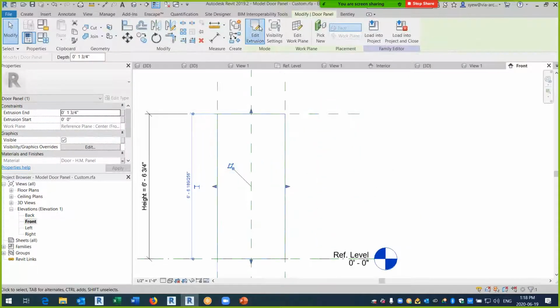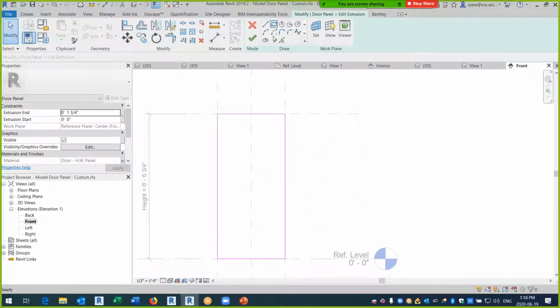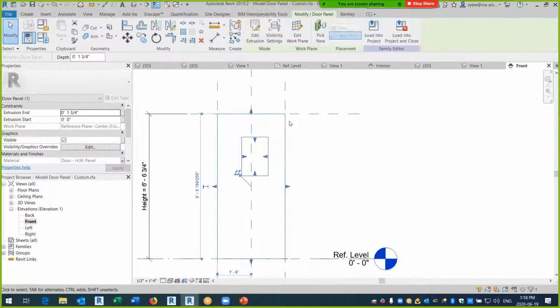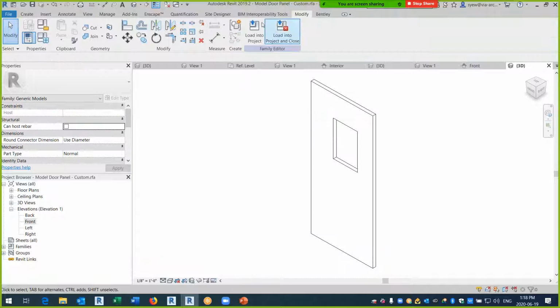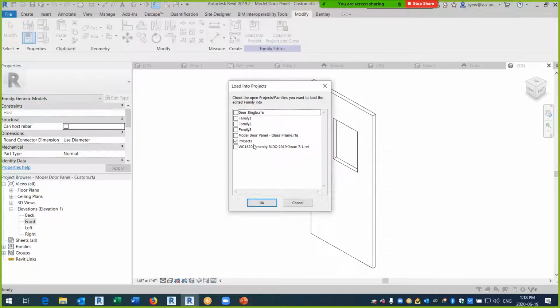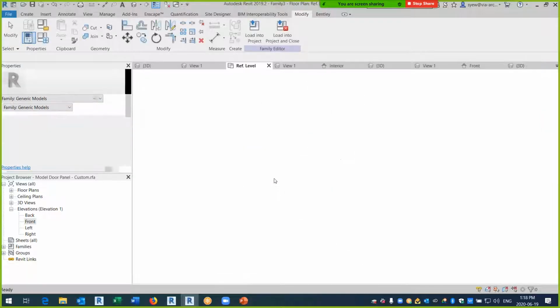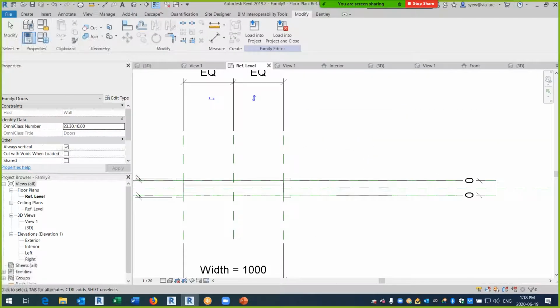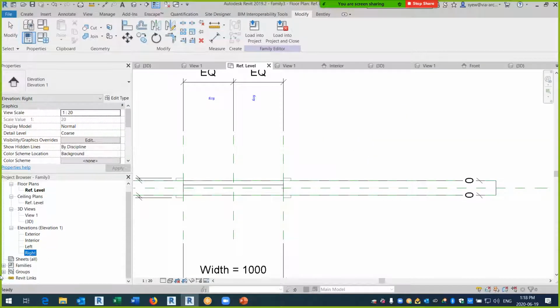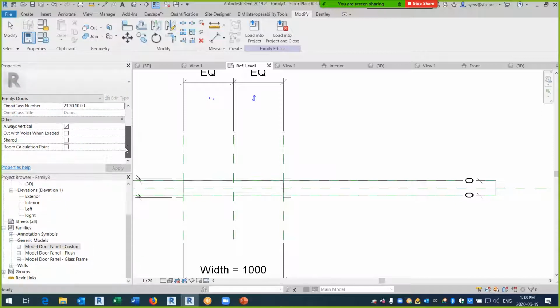So here I'm just going to go in extrusion, and I'm going to add this. Okay. And what you have to do is load it into your row. Well, actually, no, you don't want to do that first. First, you want to do it inside family 3. The reason why you want to load it in family 3 is you have to make sure that this custom